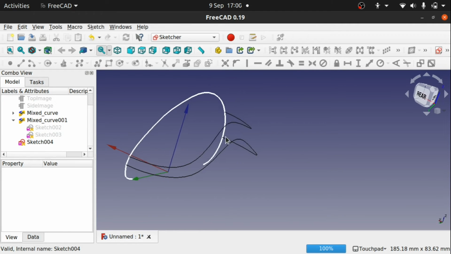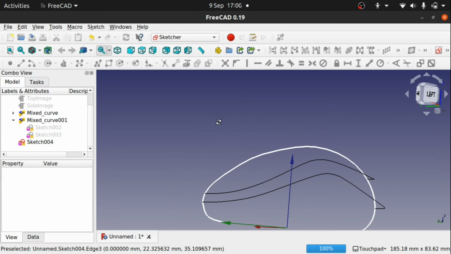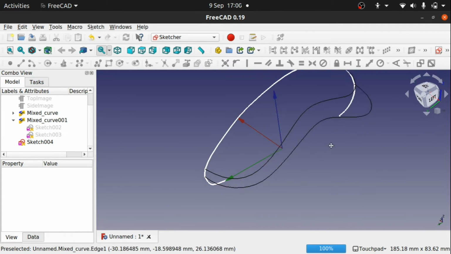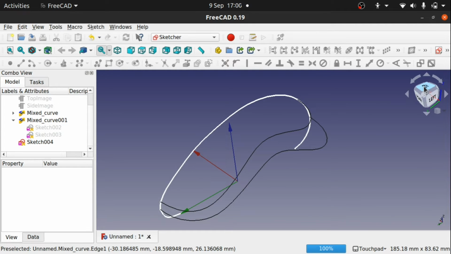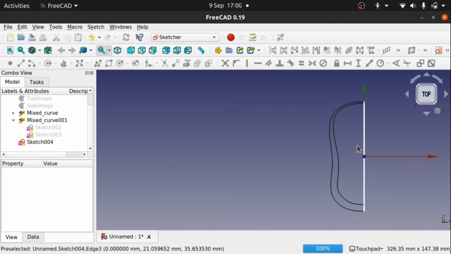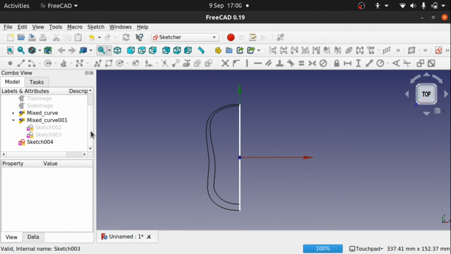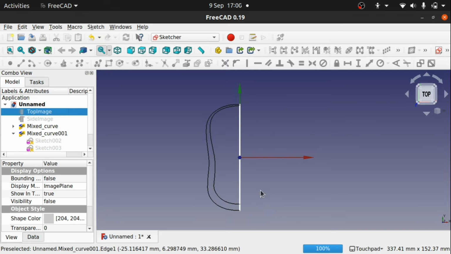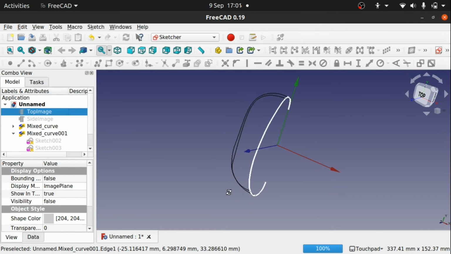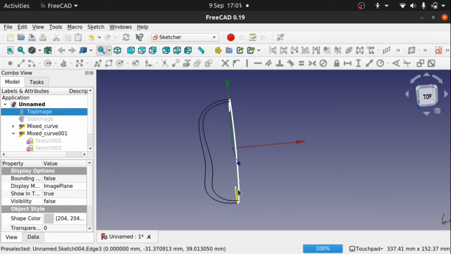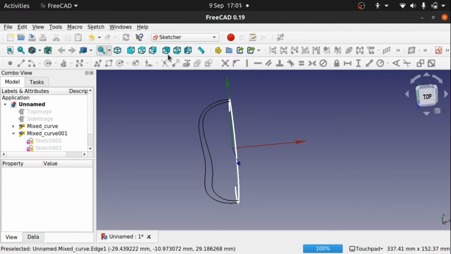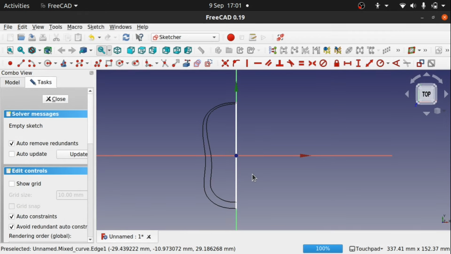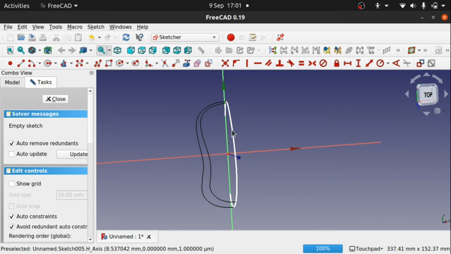I'm going to come round and we're going to create a curve for the bottom now. So click on top, just position ourselves. We don't need the top image, so that's not going to help us. What we need to do is find out where these end, and we're in the sketcher. We're going to create a sketch along the XY plane. Okay, that a little bit of angle, and we're going to bring in this top